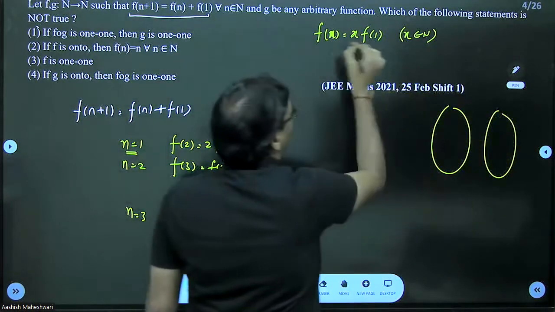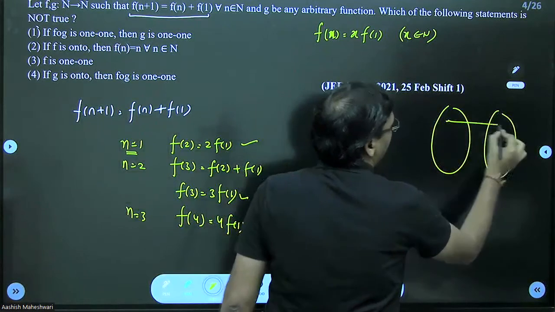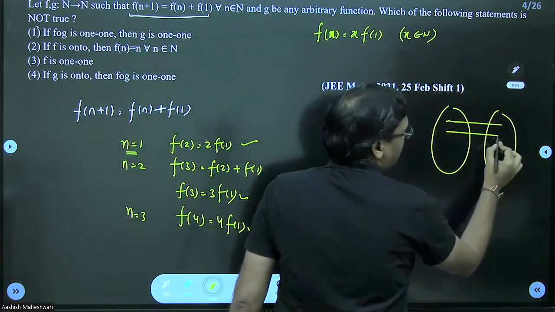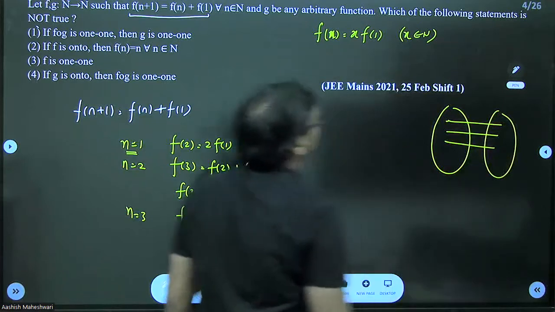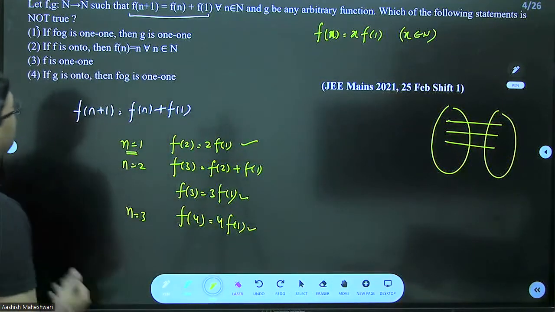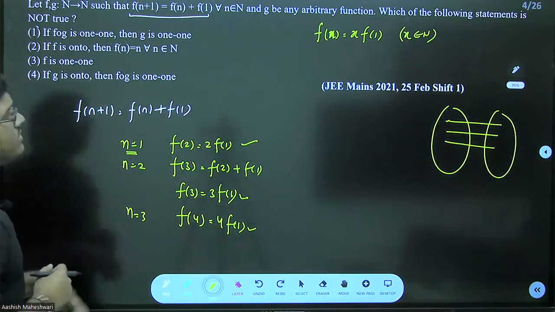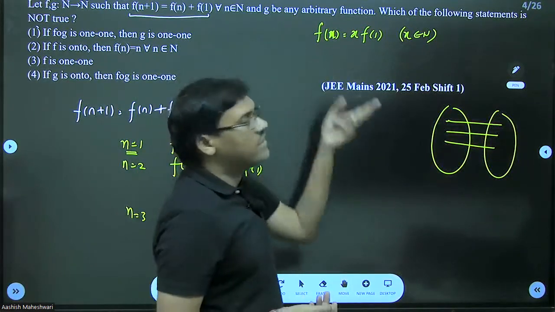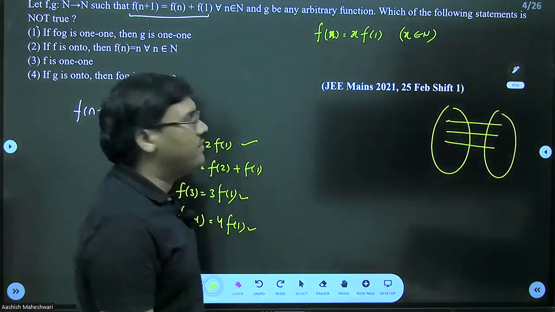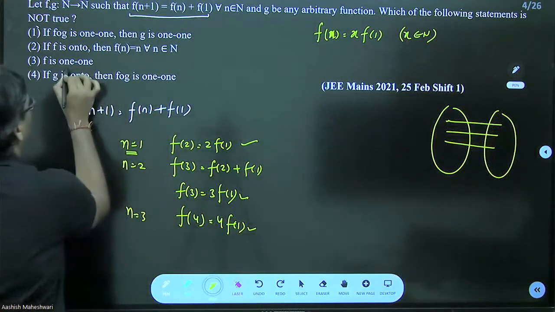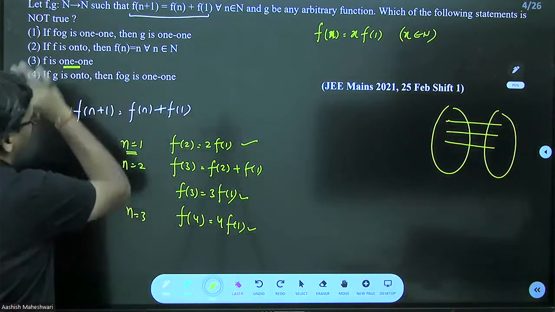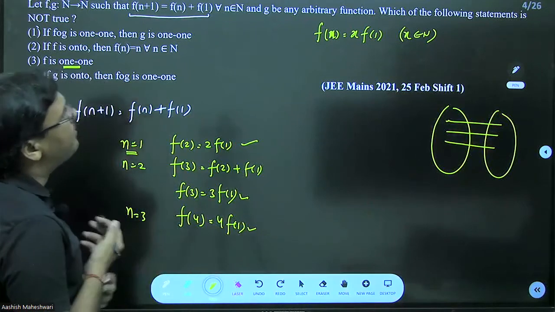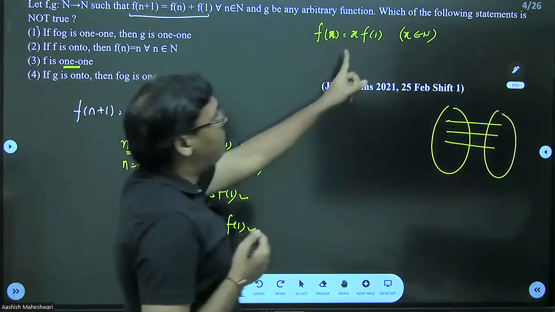if I put x is equal to 1, this will be f of 1. If I put x is equal to 2, this is 2 times f of 1, which will be different, then f of 3 and so on, right? You can see this is a 1-1 function, because every value of x will give you a different value of y. So this is a true statement. Okay, we have to find the not true statement. Now see,